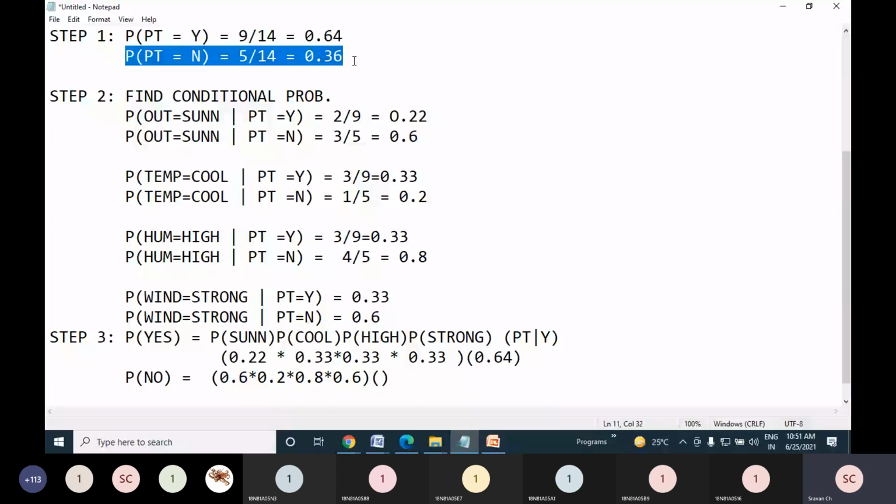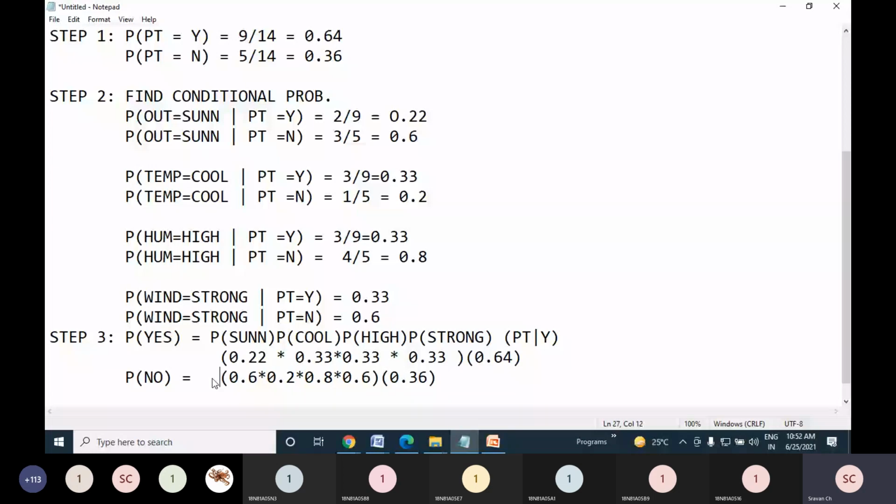So these are the 2 individual products which I will get. So the answer for this one is 0.22. Can you do it? I'll do it on my phone. So it comes somewhere around 0.0053. Second one, yeah, it's there, 0.206.